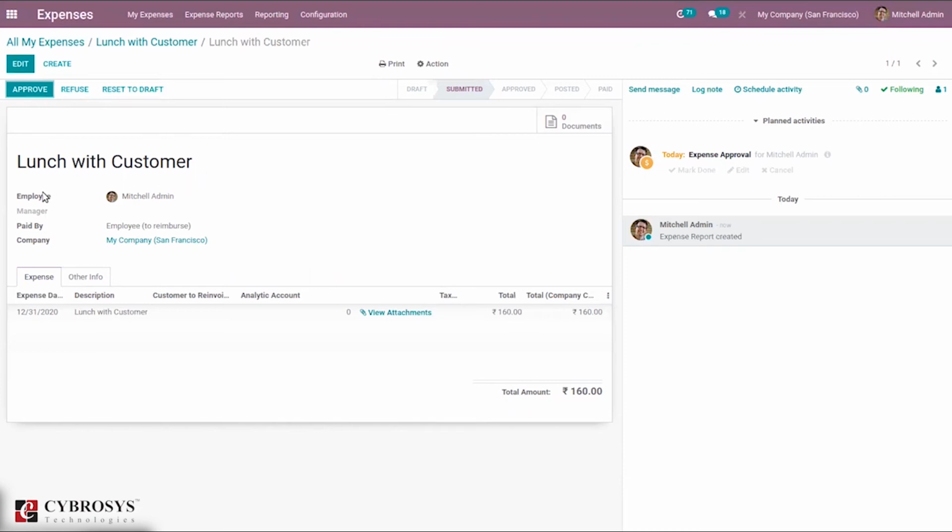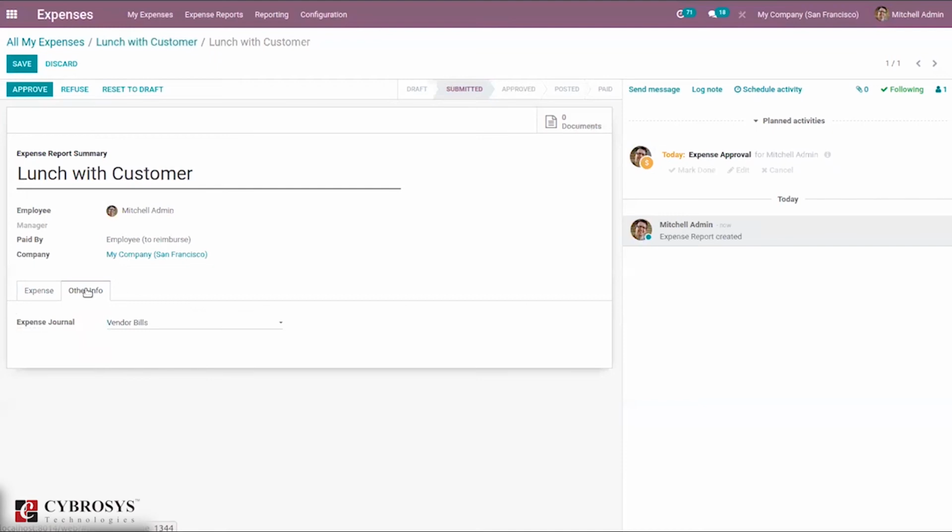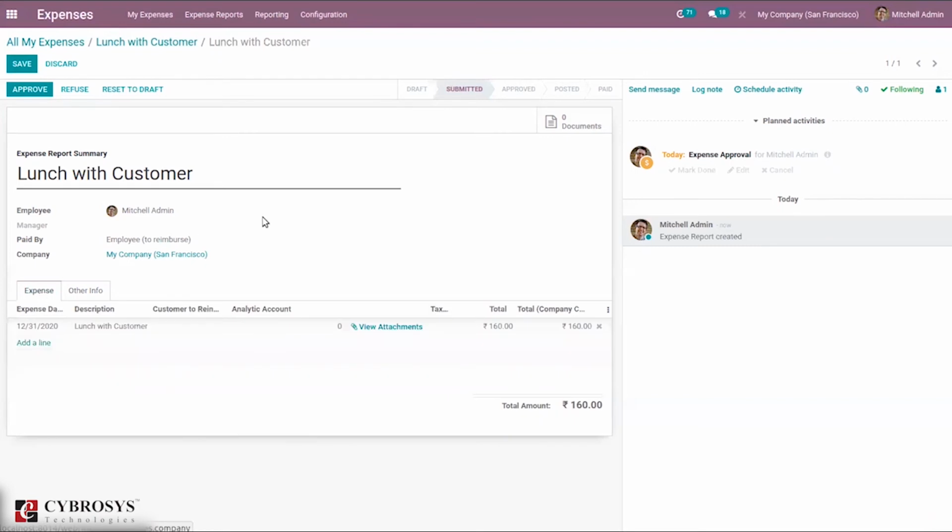We can see the employee name, and we can edit this, and we can add more expense lines here, and we can add attachments or view attachments if there are attachments. Then under other information, you can see the related expense journal. So here we can set the expense journal. Okay, so after just reviewing the total amount, the manager can approve.